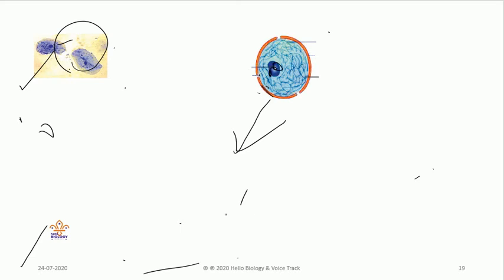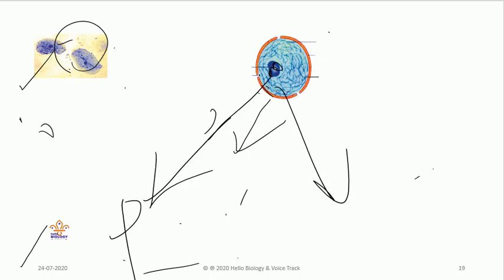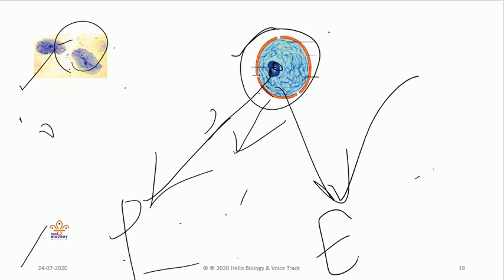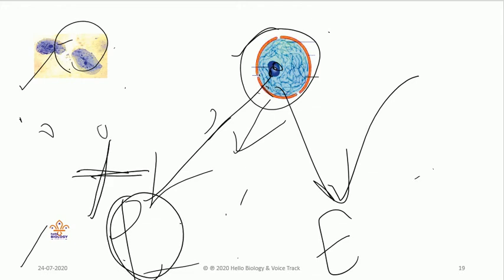On the basis of the presence or absence of an organized nucleus, organisms are divided into two types: prokaryotic cells and eukaryotic cells. If a nucleus is present, they are called eukaryotic. If a nucleus is not present, they are called prokaryotic. Bacteria is the best example of a nucleus-less organism.